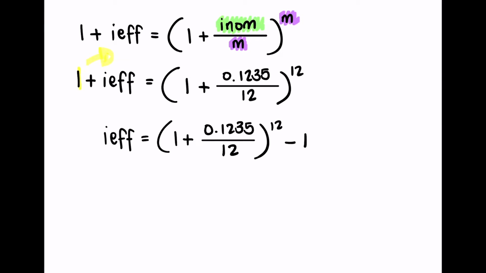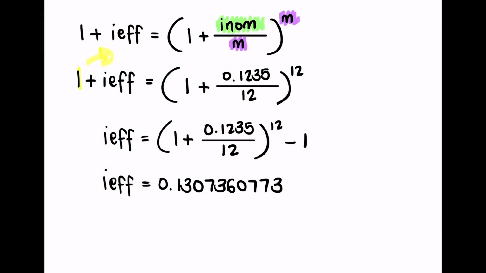Now I'll be able to put that into my calculator, and that will give me the I value of 0.1307360773. All right, so now I have an I value, and I would be able to round this I value off to 4 decimal places because then I'm going to convert it. But it's asking for the interest rate, and a rate is out of 100, so that means that I'm going to multiply by 100. So therefore the interest rate will be equal to